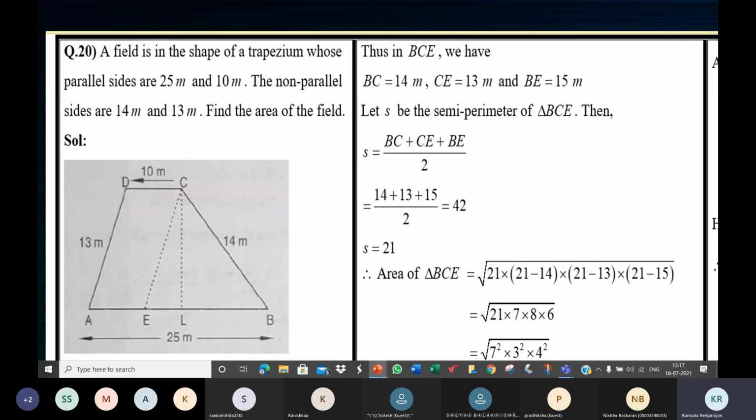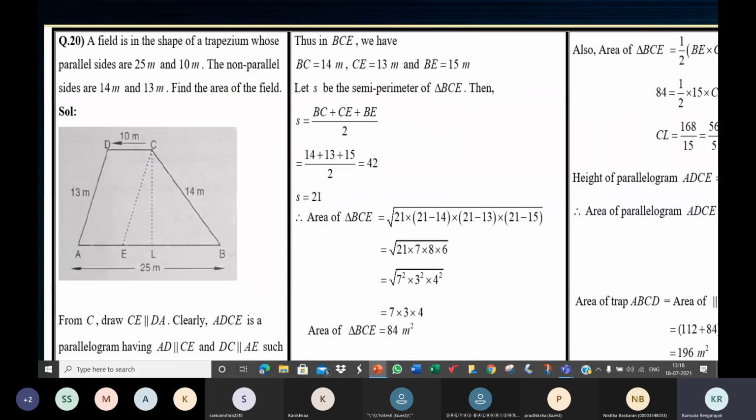Children, I think it will take some more time. I'll need about 10 minutes to finish this, so we'll take it up in the next class on Wednesday. Let's wind up the session here. I thought I could finish it, that's why I started at 1:10, but it will take some more time. We'll continue the class on Wednesday.